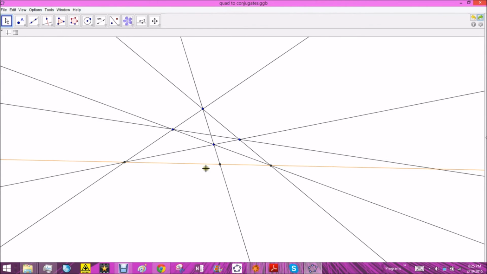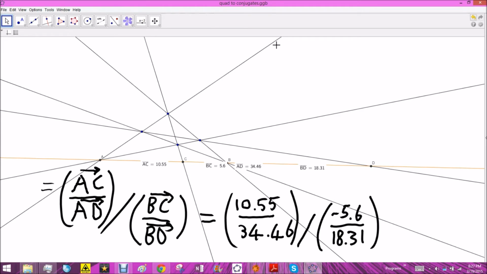So this is a special line of our quadrangle. And so essentially our quadrangle is making these 4 special points on the line. Now the interesting thing is that this is actually a harmonic range. So let's have a look at it. And you can see this because